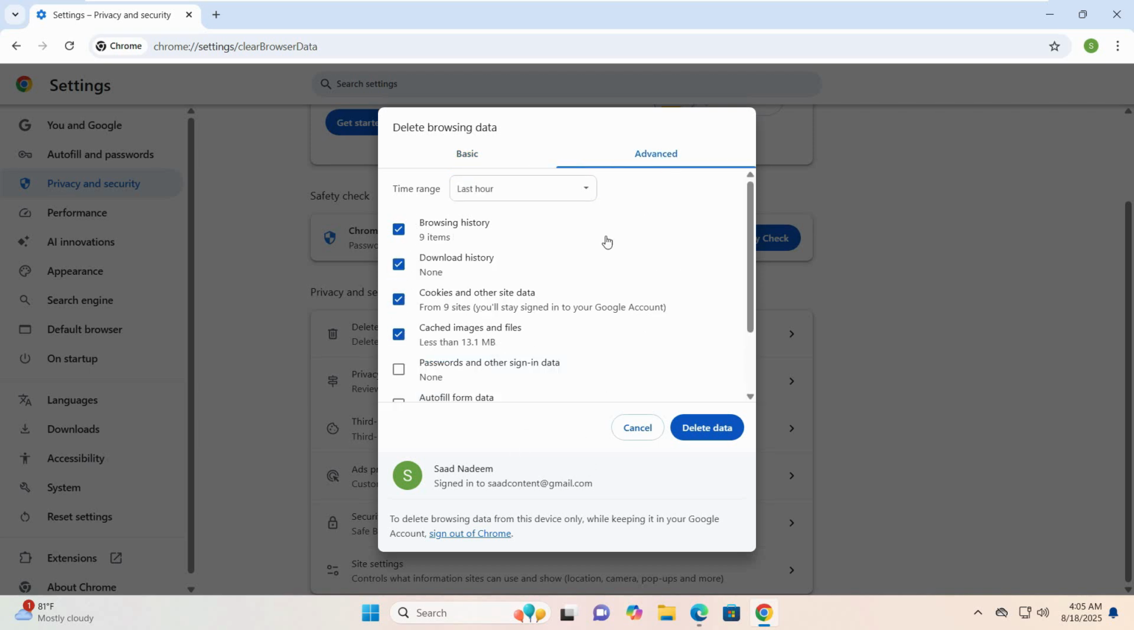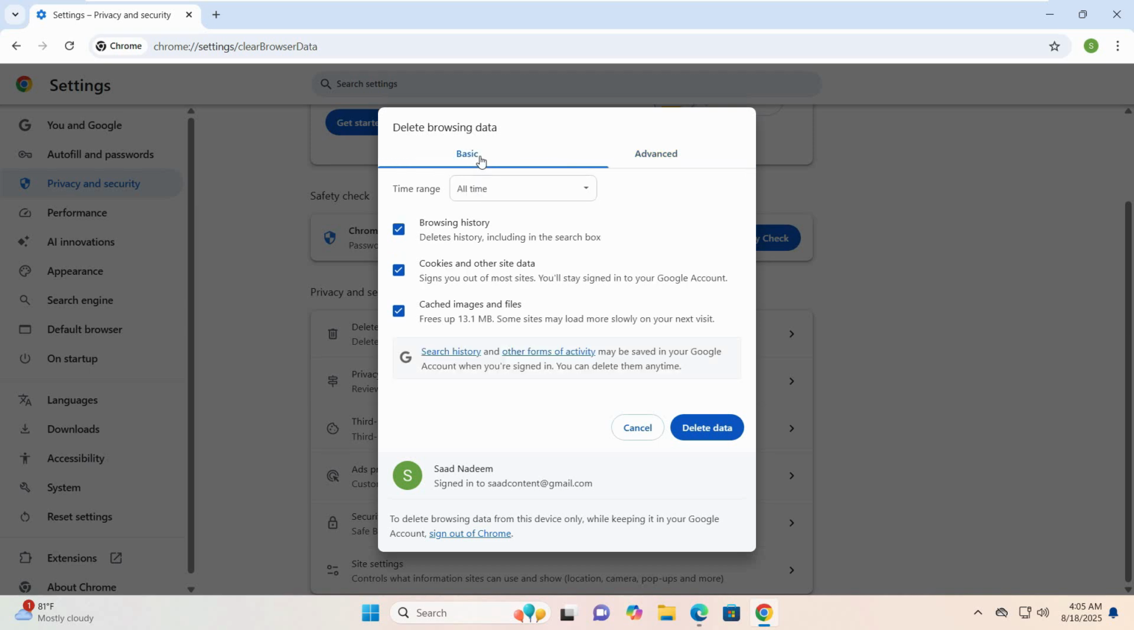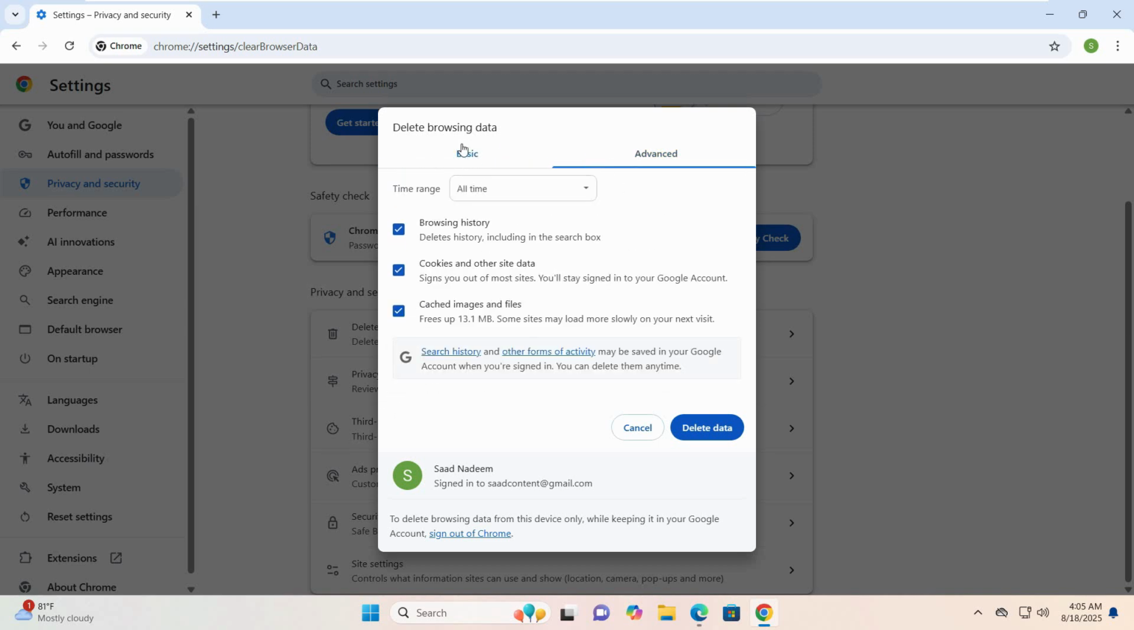After that, just click on advanced. And if you want to just remove the passwords and autofill form data, you can remove those as well. But just remember that whatever you have signed in might be signed out, and next time you need to enter the password manually. So what I will do is I'll just keep the settings to all of this as basics,